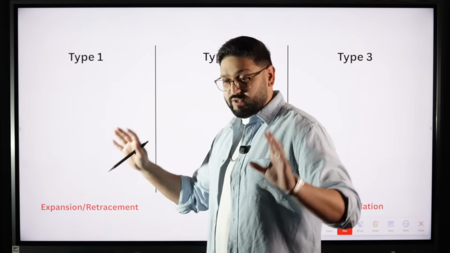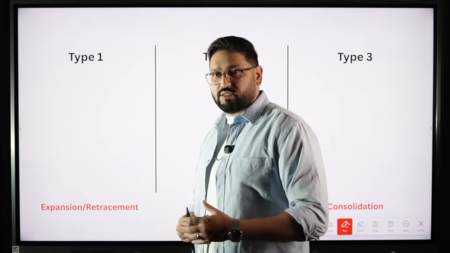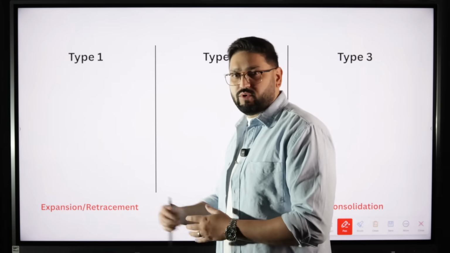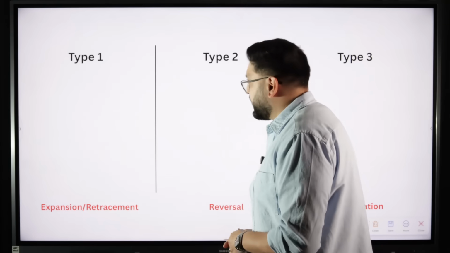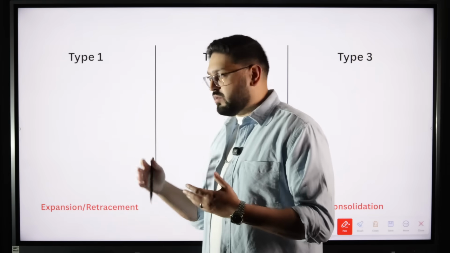Now, firstly, I've discussed each of these types of dealing range a lot more extensively in the DRT series, which you can find for free right here on this YouTube channel. But this is going to be more of a foundation lesson and what each type of dealing range looks like visually. So firstly, type 1, as we can see here, this is going to be an expansion or a retracement